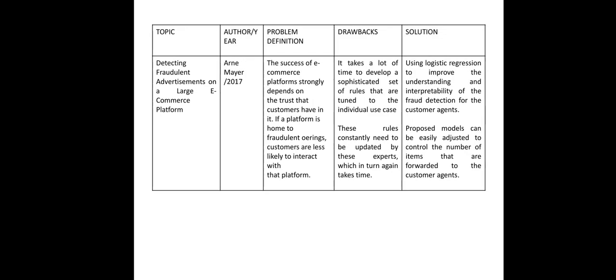These rules constantly need to be updated by experts, which in turn again takes time. Solution. Using logistic regression to improve the understanding and interpretability of the fraud detection for the customer agents. The proposed model can be easily adjusted to control the number of items that are forwarded to the customer agent.